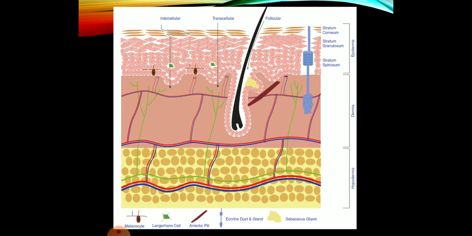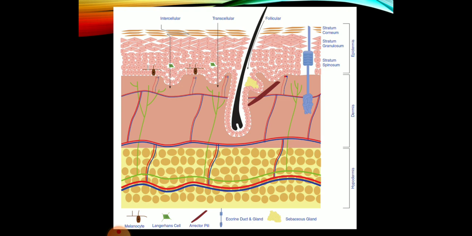This stratum corneum comes up from the bottom, and it takes around 28 days. So from live skin to become dead skin, the time usually taken is 28 days, which is normally reduced to 14 days in a disease like psoriasis, and hence you will see the scale like structures.